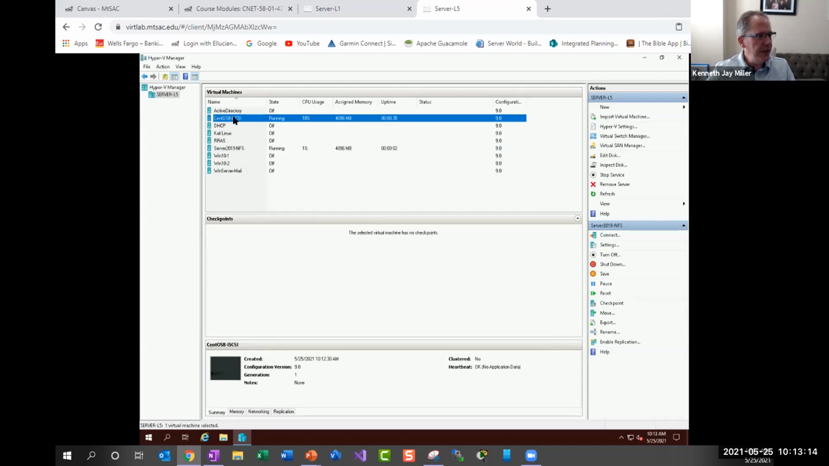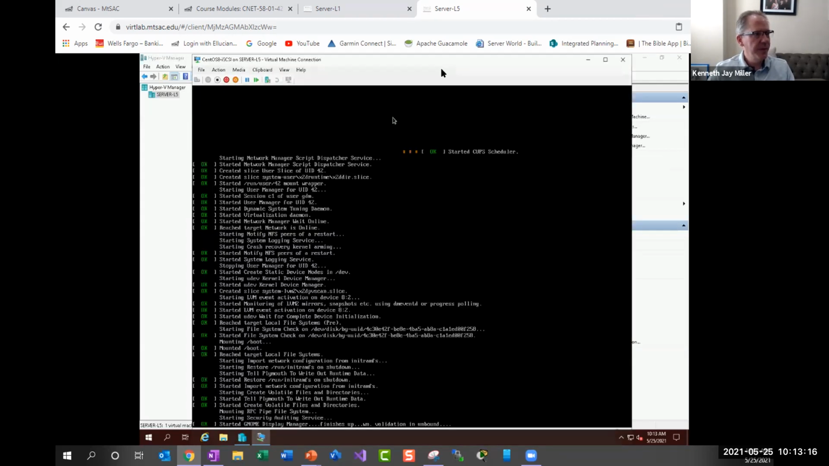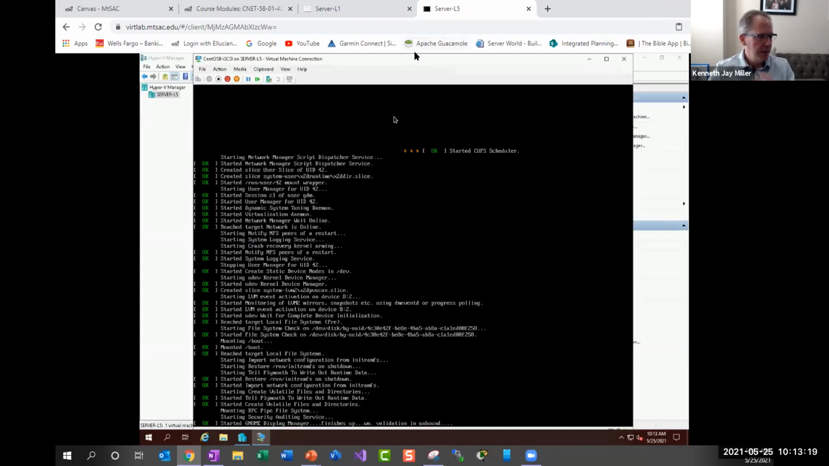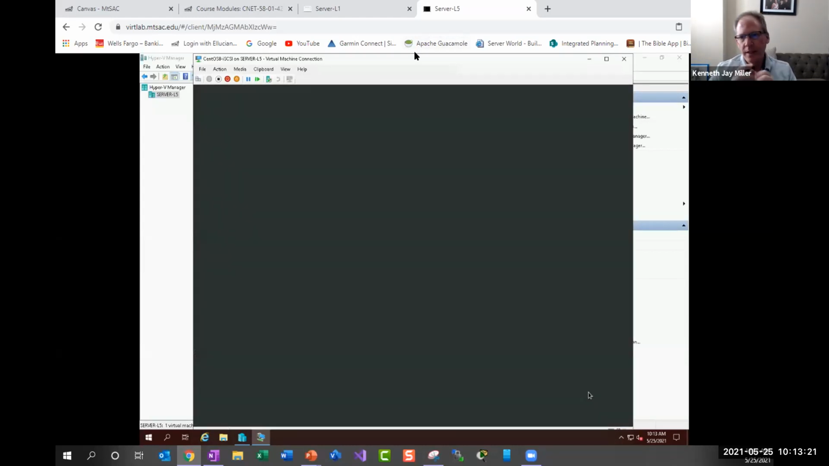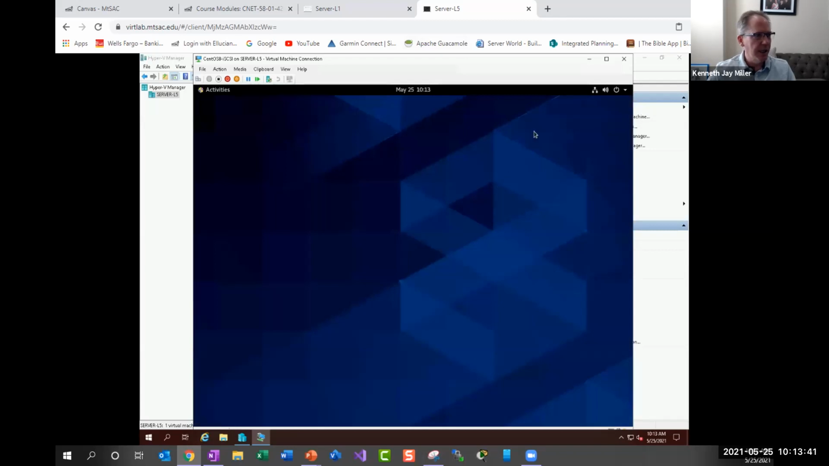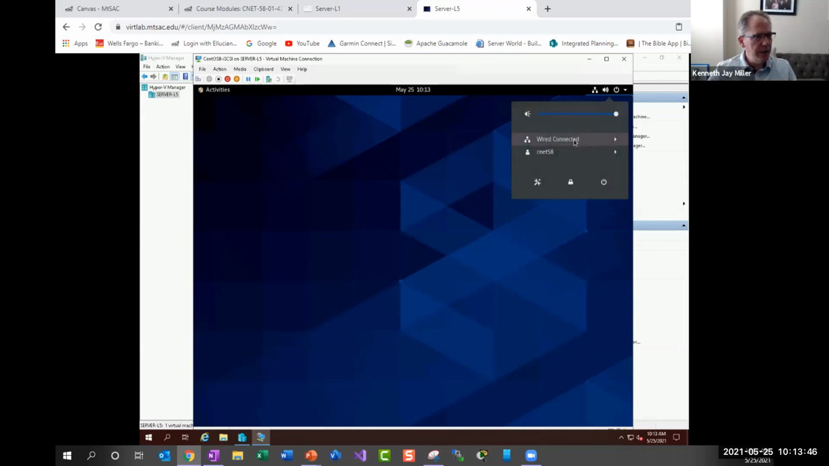All right, so now if I connect to this machine, this is going to start up. And what I want to do is log in here. CNET 2021 exclamation point. And what you'll want to do, Luis, in the lab, which the lab is published, you can get to the lab. Okay. Is I'm going to look at the wired connection, wired settings,